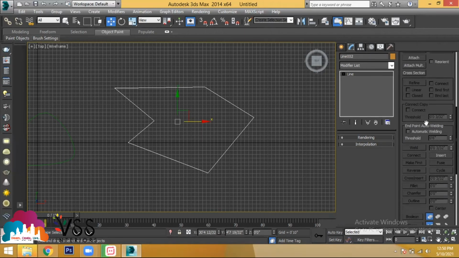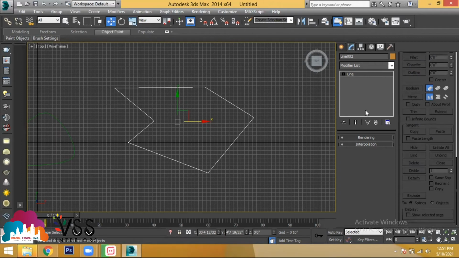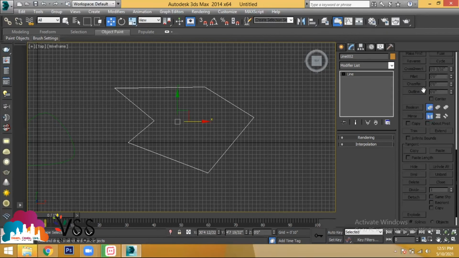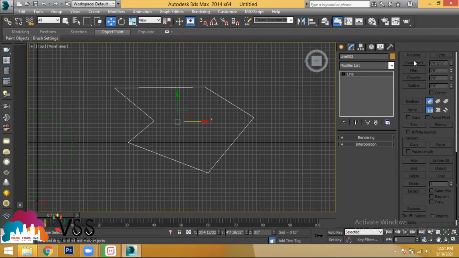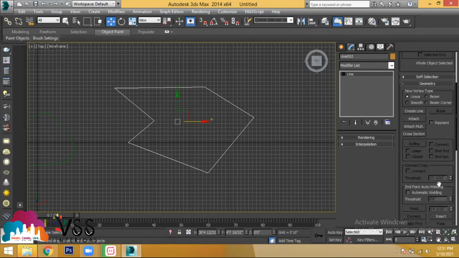Not all the options are activated. In the whole tool, like you also have boolean in a line, you find chamfer, fillet, outline, mirror of this object, trim, extend, copy, hide, unhide. All these options are deactivated. You have to activate all these things. How to activate them, we'll discuss right now in the next topics.